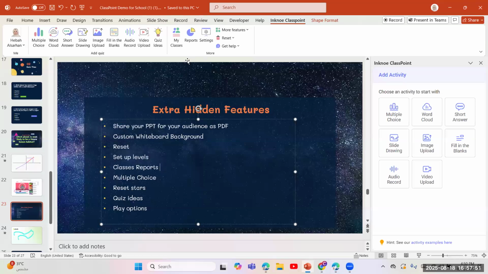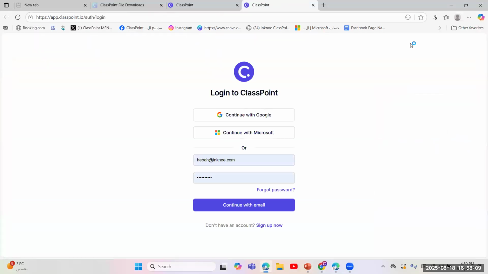Okay, class reports. Whenever you want to see your sessions, all your sessions, you can go to the reports from here and see all your sessions, all your student responses, everything you need. And you can do the same with your account, go to reports from here and see everything. Okay, this is my account, password,